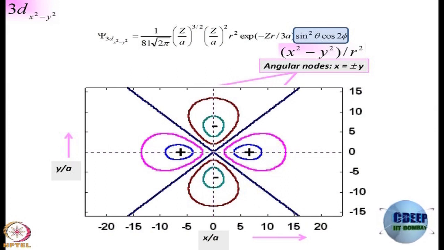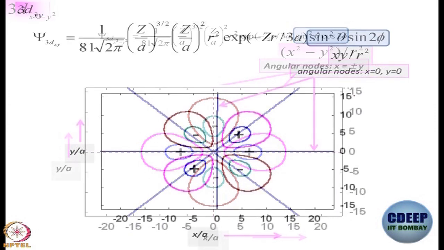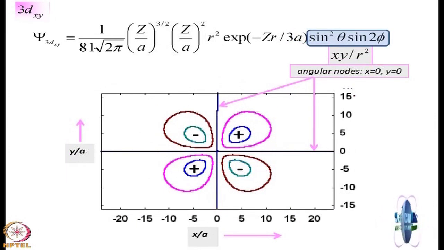Let us not bother about the notes for the moment. Let us not bother about the picture for the moment. Let us just look at the function. So, you can write the function as something in r multiplied by x square minus y square. That is why you call the orbital dx square minus y square. So, if I want to know how this orbital transforms in response to different symmetry operations, what do I have to do? I have to see how x square minus y square transforms. Are we clear? Okay. Similarly, if you go to xy, it is r dependent part multiplied by constant multiplied by sin square theta sin 2 phi. What is sin 2 phi?